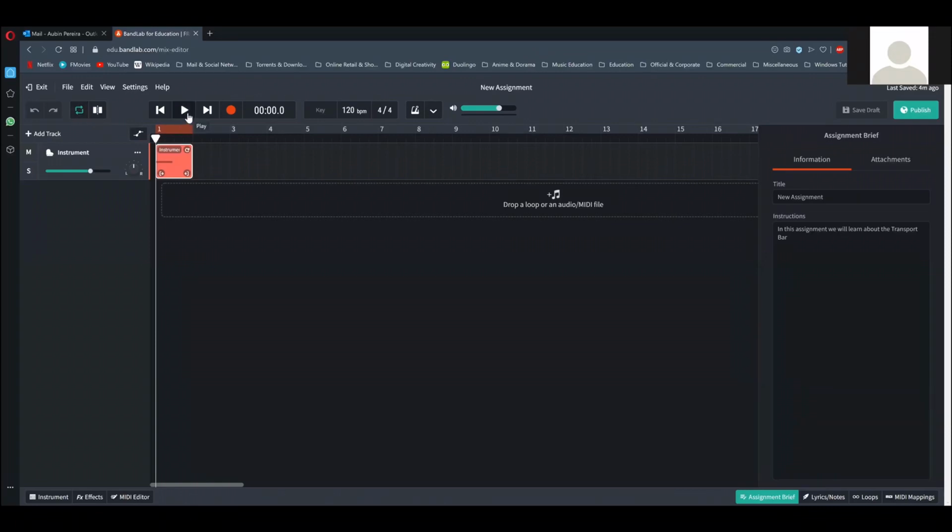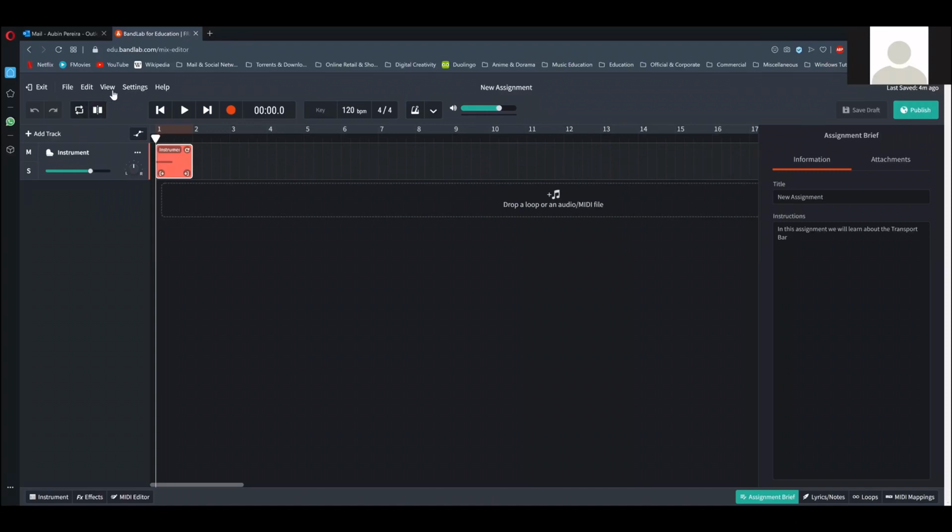Now what's going to happen is, it's going to play this over and over. Basically, it's like a loop function. If I turn off cycle, it will just continue from that point onwards. So cycle, what it does is it goes back to the beginning, just like a repeat sign would do. You hit cycle, whatever you're playing goes back to the start.